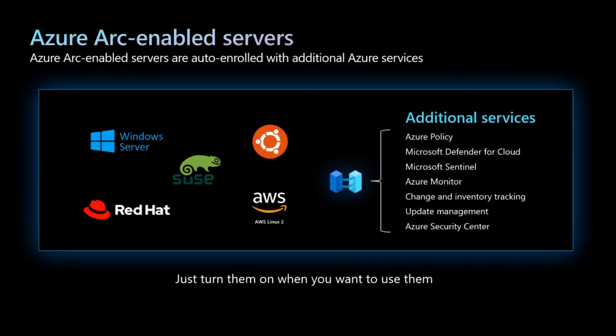So this is the view. There is a wide range of operating systems that are supported to be Arc-enabled, and once you Arc-enable, you'll get all these capacities available at your end. When you Arc-enable any server, as I mentioned, Azure Arc itself is a free service. Once you Arc-enable any server or Kubernetes distribution, it will get listed on your resource group, on your subscription, wherever you register it.